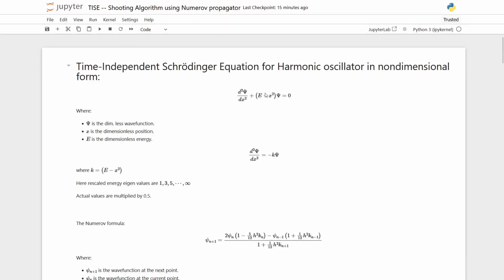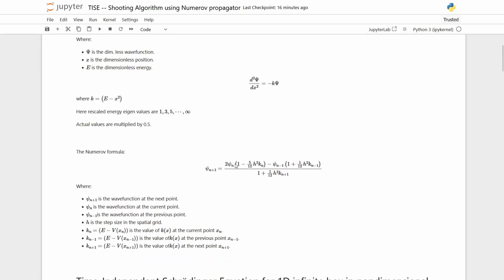We know this is our time-independent Schrödinger equation for the harmonic oscillator in non-dimensional or scaled form. Here all the symbols have their usual meaning. Here psi is the dimensionless wave function, E is the energy eigenvalue, and x squared is the potential function. If you write this equation in terms of some k, d2 psi dx2 is equal to minus k psi. If the first derivative is missing in any equation of this sort, then we can use the Numerov technique